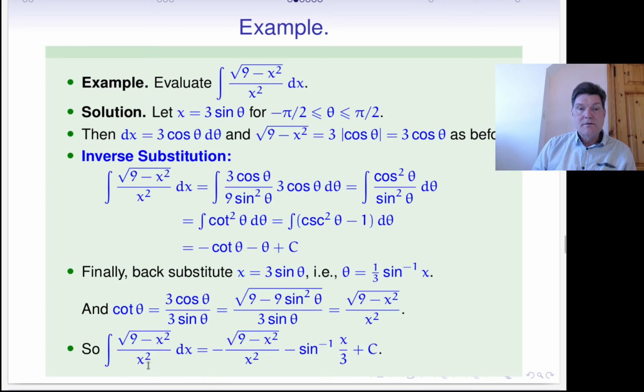Then by differentiating x with respect to theta, we get that dx, the differential dx, is 2 times sec squared of theta d theta, and our inverse substitution now gives the original integral as dx is replaced by 2 sec squared theta d theta,